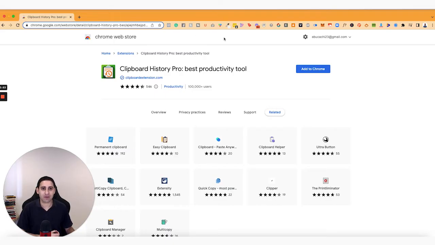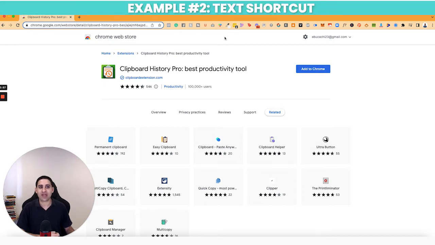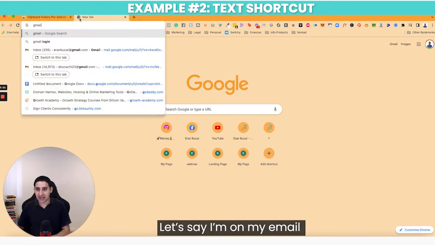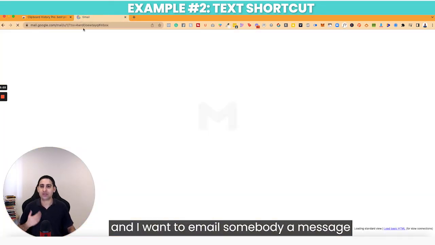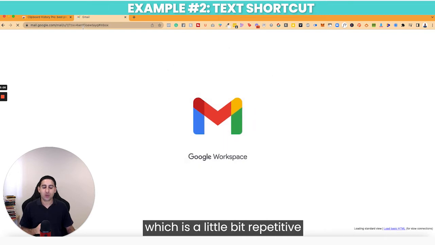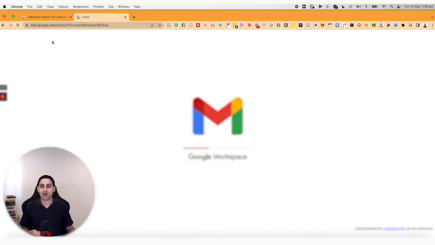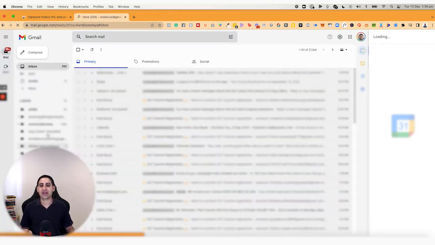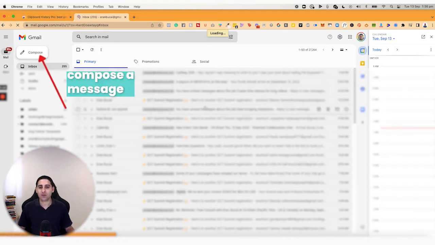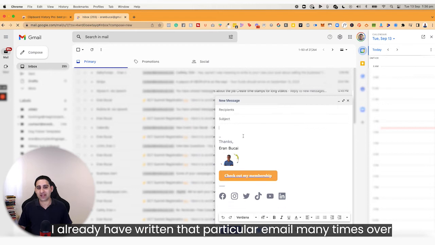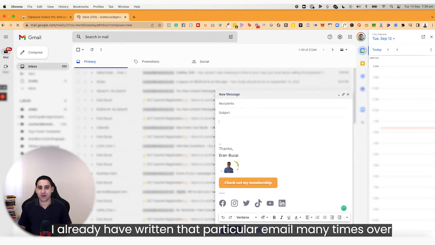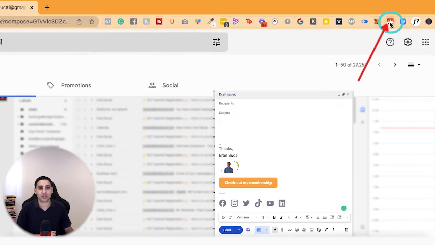Another example is, let's just say that I want to use a text shortcut. What it means is, let's say I am on my email and I want to email somebody a message which is a little bit repetitive. For example, they are asking for a consultation to work with me one-on-one. So I want to send them an email, and I already have written that particular email many times over. So what I do is I can go to this